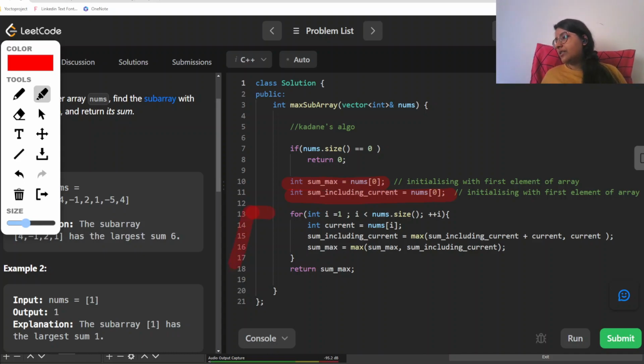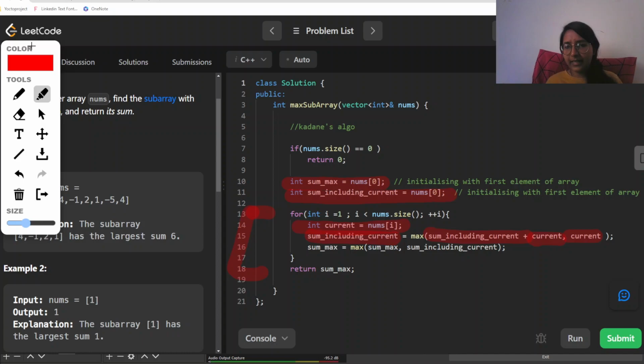Now we will be traversing our whole array and checking for each element, after including that or not including that, when our sum is at the max point. So here, our current element would be the element which we will be having at that particular index, and then sumIncludingCurrent would be, we will be at this point checking that the sum including the current would be having the sum so far plus the current element if we add that up. So that would be the thing here,